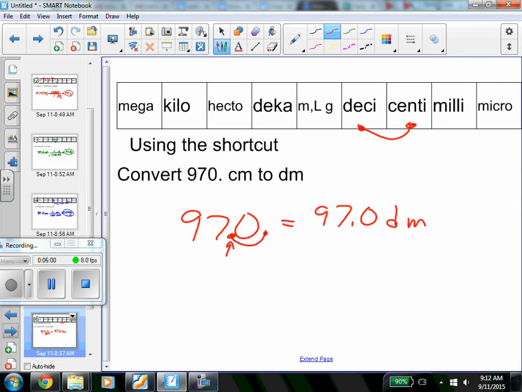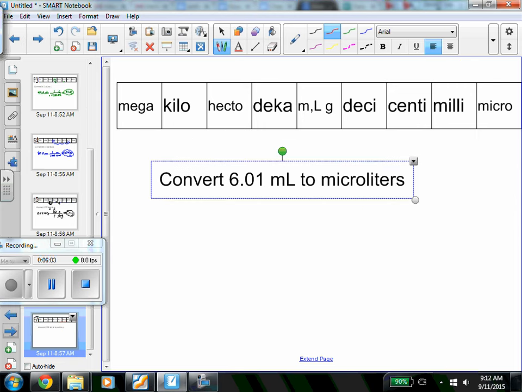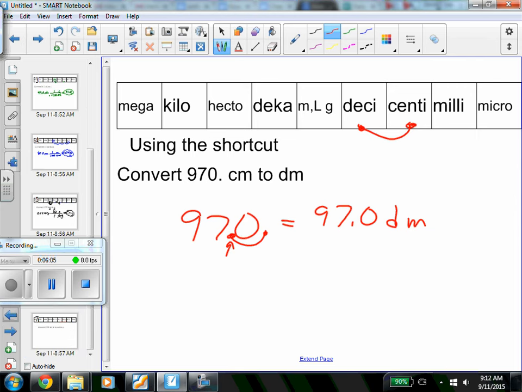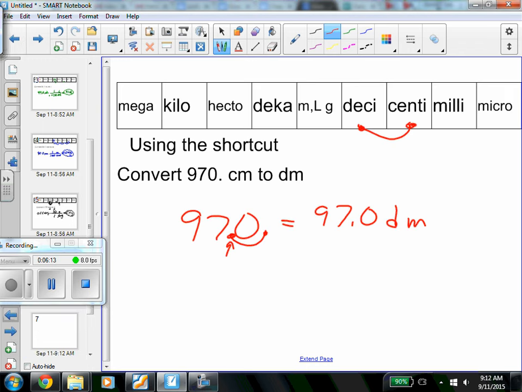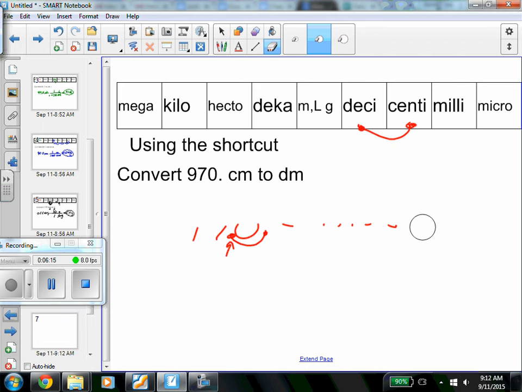Okay? Try another one. Actually, I don't want to do that one just yet. Let me add a slide here. Okay, let me do this. Let's just erase here, and let me set up a new problem, because I didn't want to do one more practice one. Let's say we have,